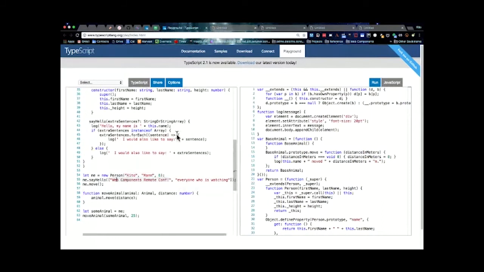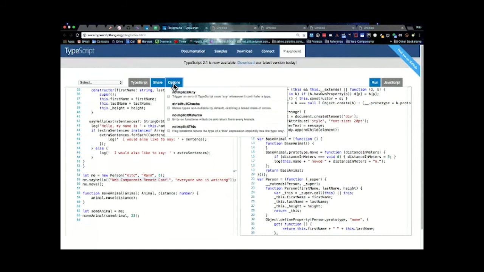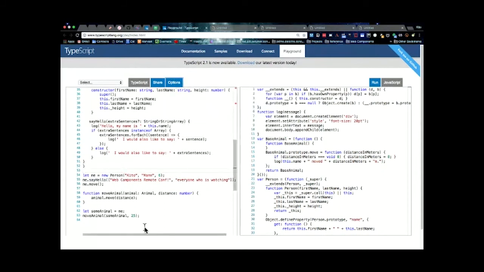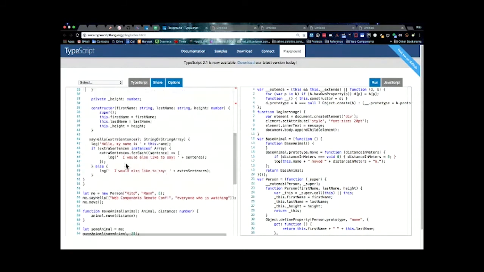There are also things you can do. You can basically decide how strict you want to be. You can say you don't want to allow implicit any, and any is basically the way TypeScript says that it doesn't care about the type. It's also a very helpful escape hatch if you don't have any type definitions or any way to know about the code you're working with. But if you want to not allow it, you could say, well, you can't declare something that's any and not say anything about it. So in this case, I could say,